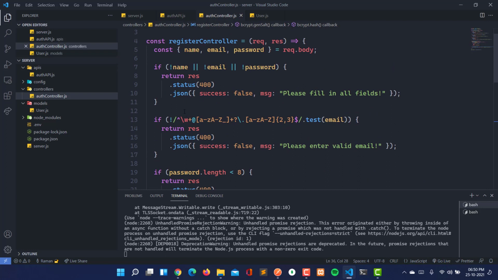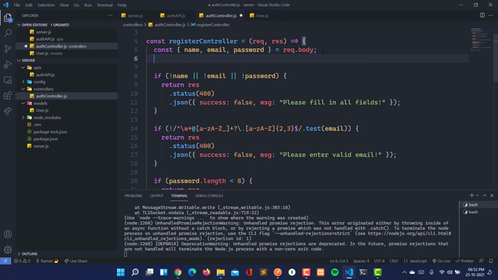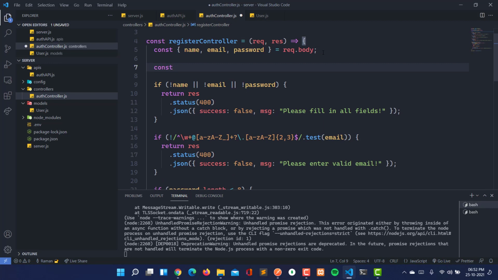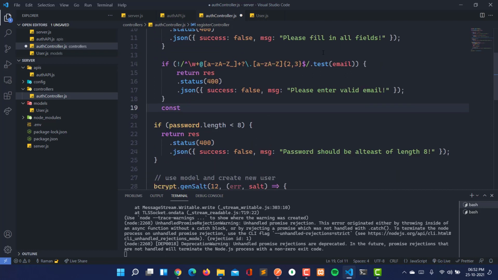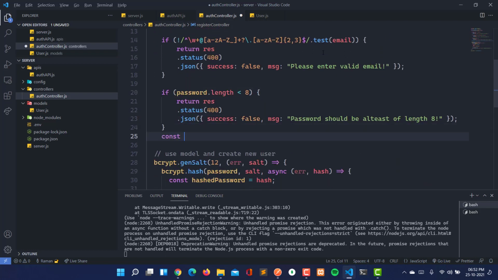To handle this error, we are going to check whether the email is previously present or not. So let's do that. First of all we will get the old user. We will check if the email is valid, then we will check the password length.